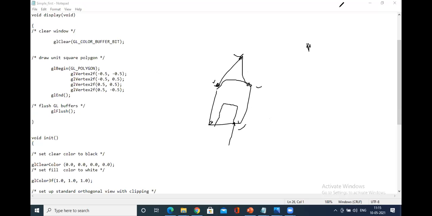So I have given this program in the Google Classroom. I suggest you go to this program and execute it in OpenGL, so that you find it easy and understand the program. Hopefully understood. So this was just shown to you. In fact, tomorrow in the lab sessions I'll discuss this program again.